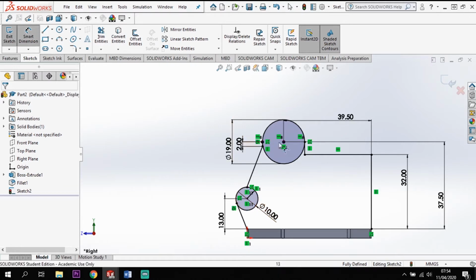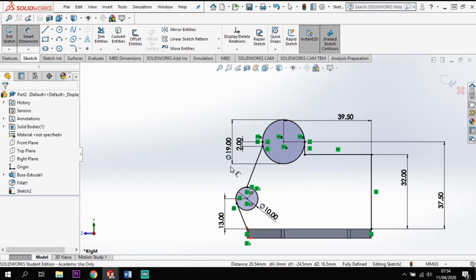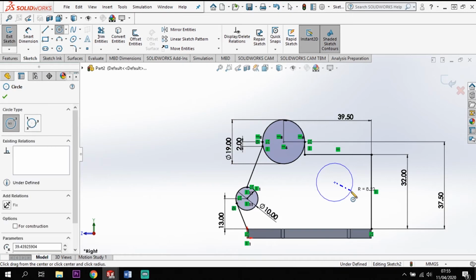Just one final check for the distance from there to there. Should be 16.5, and it is coming up at 16.5, so we're happy with that. Right, okay, so I've got all that in place. What I am now going to also add in is the circle in the back here as well, because if I add all this into one sketch, then it means that I am not having to completely re-sketch everything every time. So find my position for where I want to put my circle at the back here,